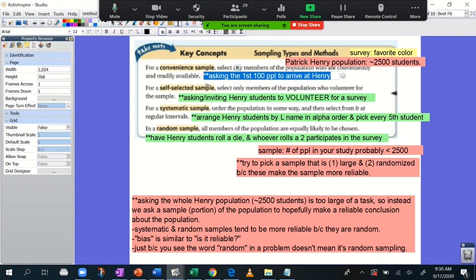And so maybe asking the first 100 people what their favorite color is going to skew the results. It's going to make the results less reliable because these people are going to dress in more colorful clothing, because they planned better the night before and they had more time to choose their wardrobe. So they're more likely to say red, green, blue rather than the people that arrived later who are just like, dude, I got to get to school, I'm gonna throw on whatever. I'm just gonna put on whatever black shirt I have.